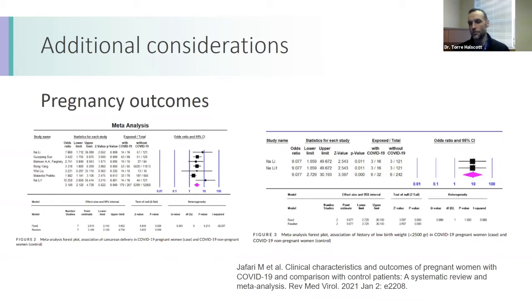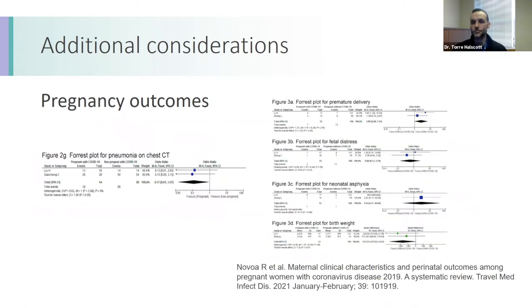6,400 and 12,000 patients in the cases and controls. On the right, you have also low birth weight, and it shows an increased low birth weight for patients that were exposed to COVID-19 as well. And that does comport with some of, I think, the things we're seeing in those older cohorts, but has been borne out when we combine them as well. So an increased risk for cesarean delivery may be true, and an increased risk for low birth weight may be true. However,